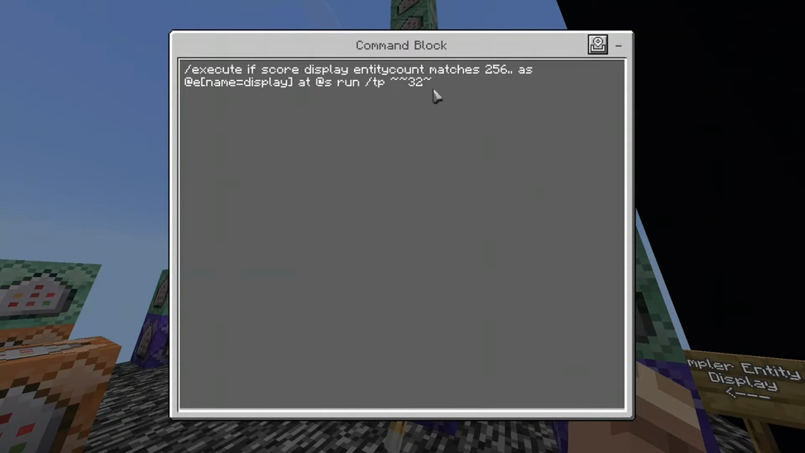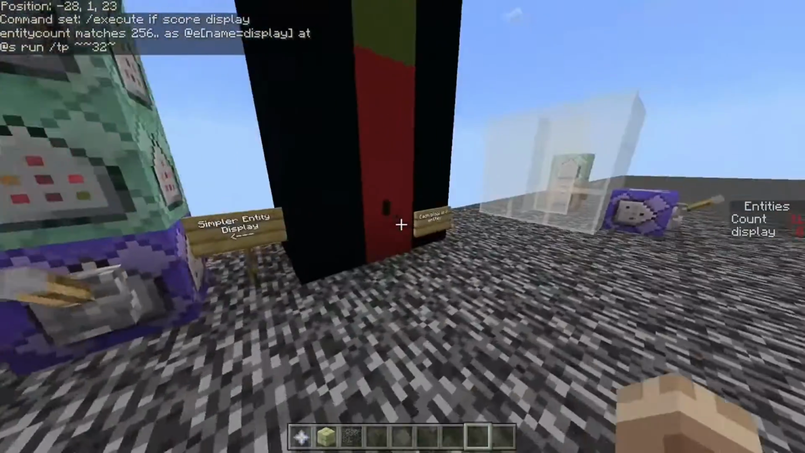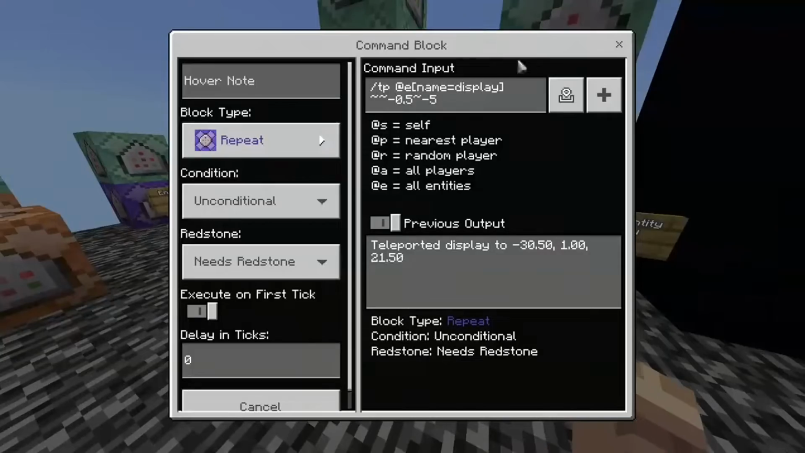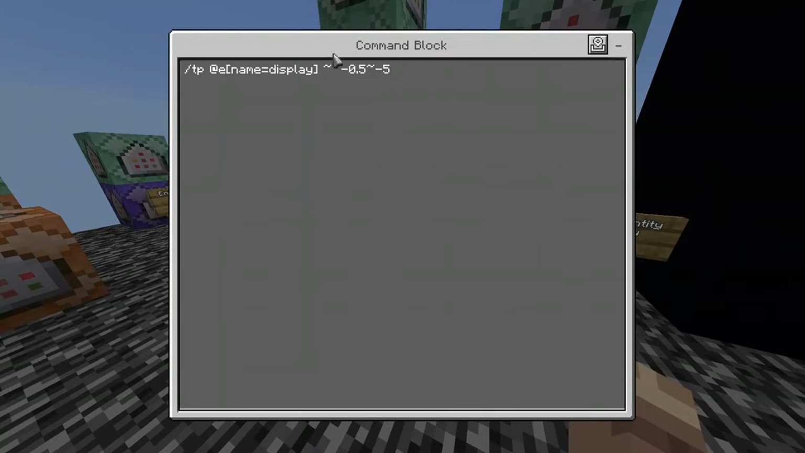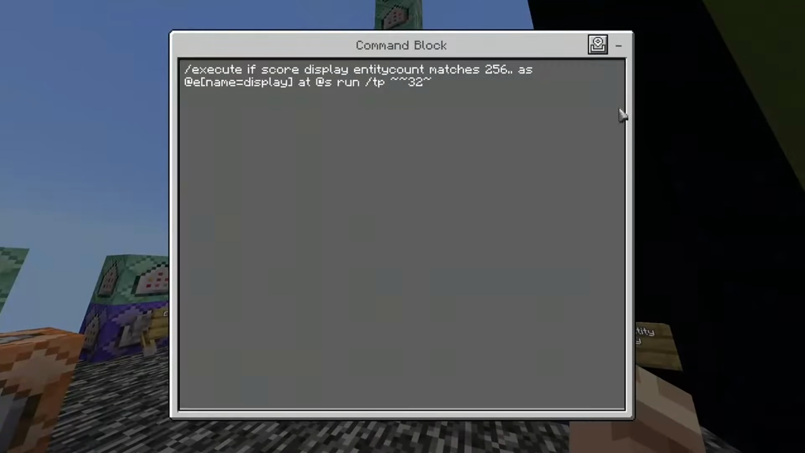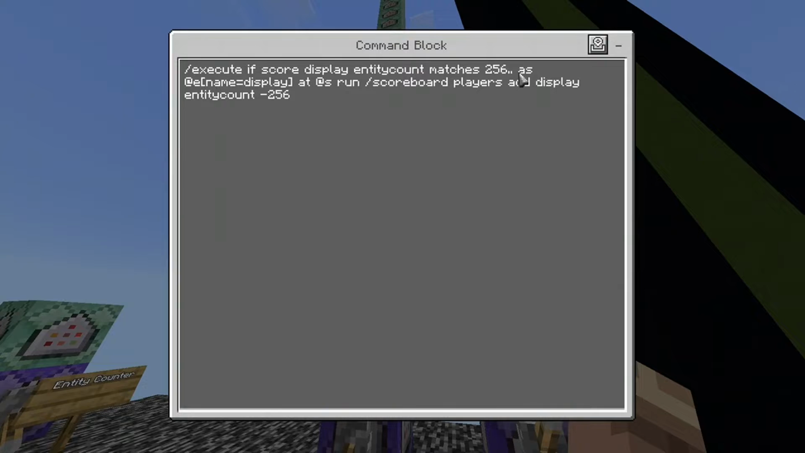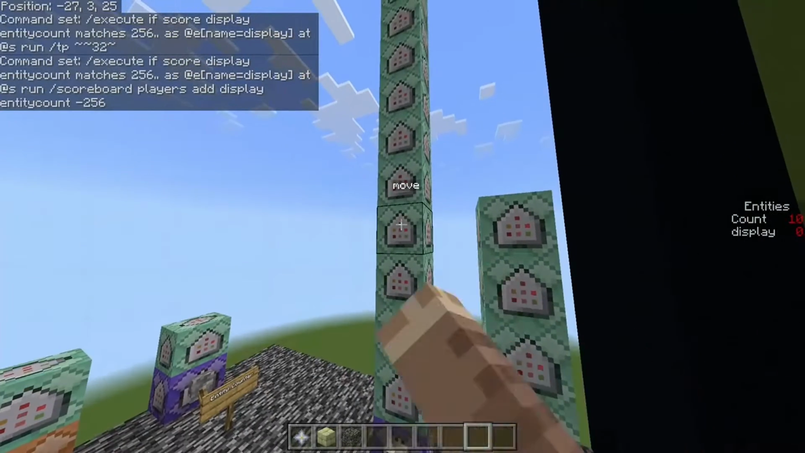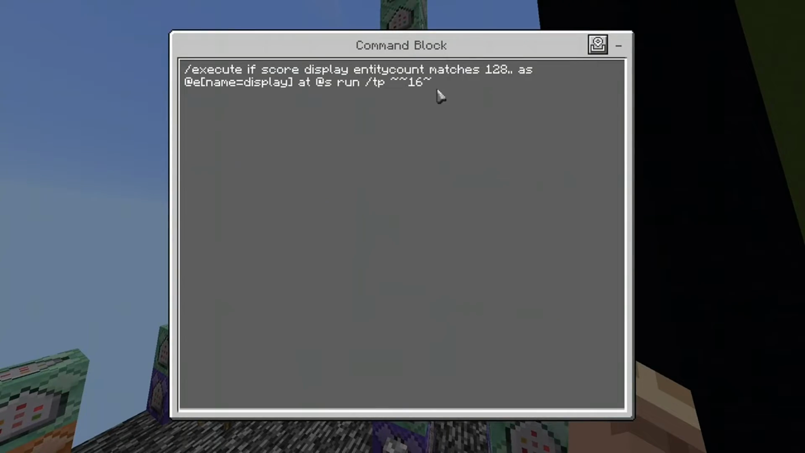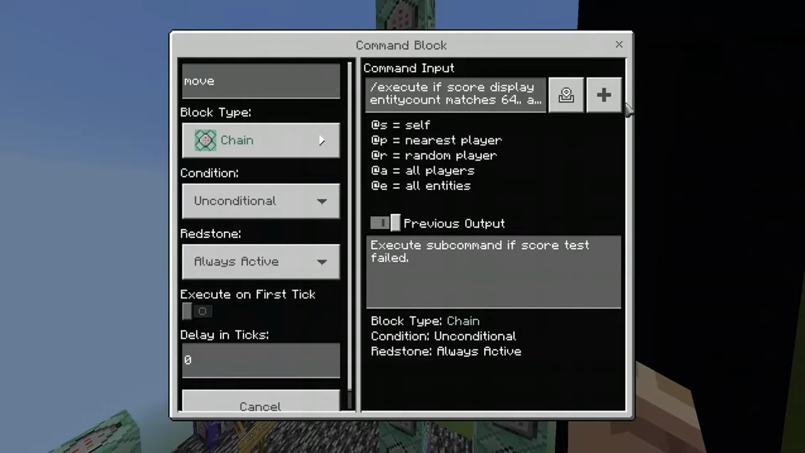So do that for 256, and then do it for 128, and for 128 teleport 16 blocks up, and then for 64, right, teleport 8 blocks up or whatever, and keep going until you've reached 1, right? So what the result of that is, as it turns out, any number, in this case below 511, can